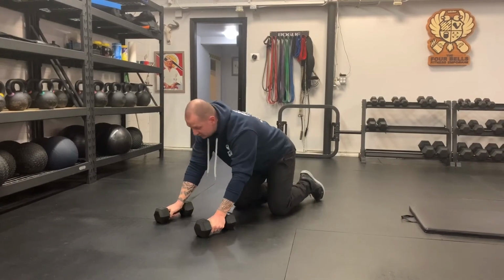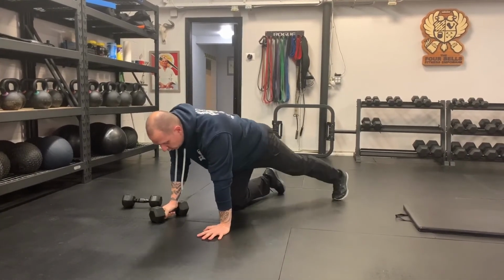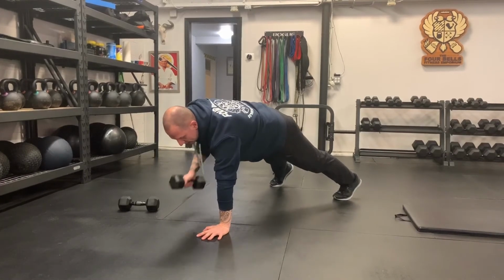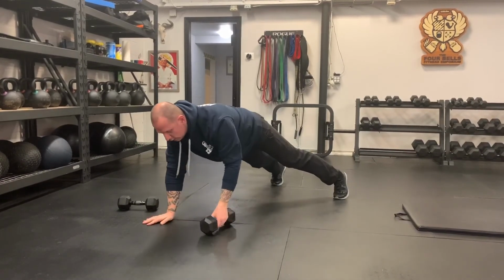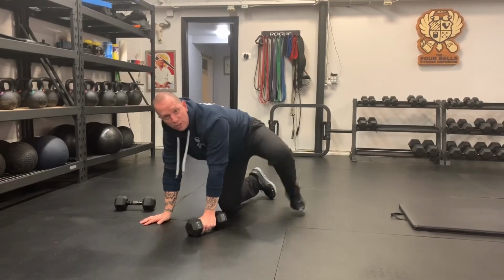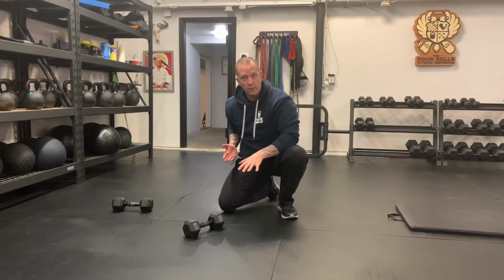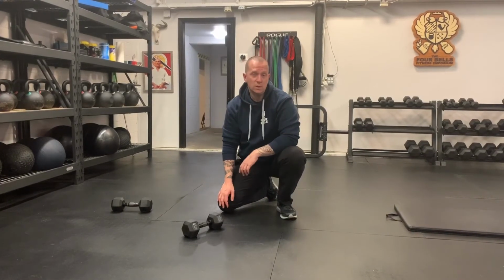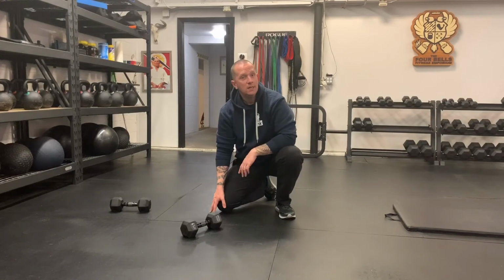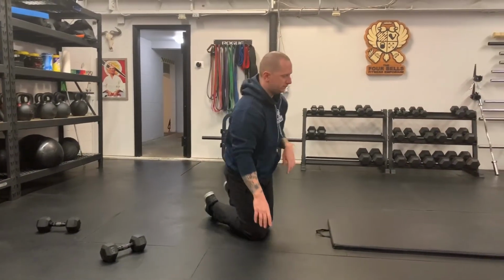If you don't have 2 dumbbells available, you only have 1, maybe I'm doing all 10 reps on one side and then rolling over and doing 10 reps on the other. If you don't have dumbbells available, try doing your plank rows with just body weight, nice and slow and smooth, as we alternate between 10 reps per side for 20 reps. When it comes to the bicycle abs,